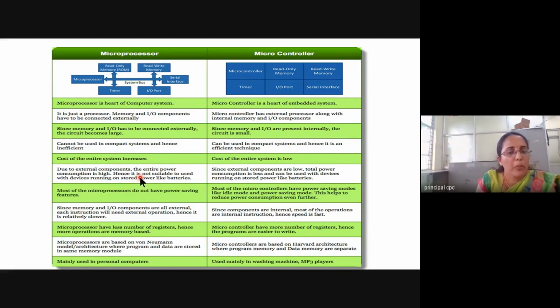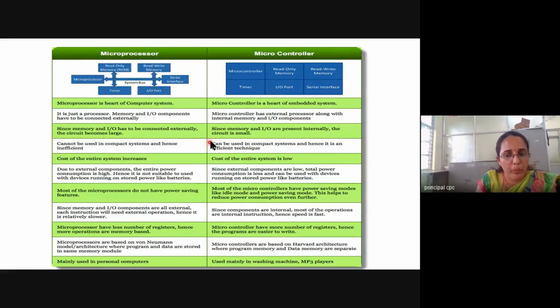Sorry, next, power consumption. In the case of a microprocessor, all are externally connected, so obviously power consumption will be more. In the case of a microcontroller, all will be operated with a single power supply, and compared to this, the power consumption will be less.